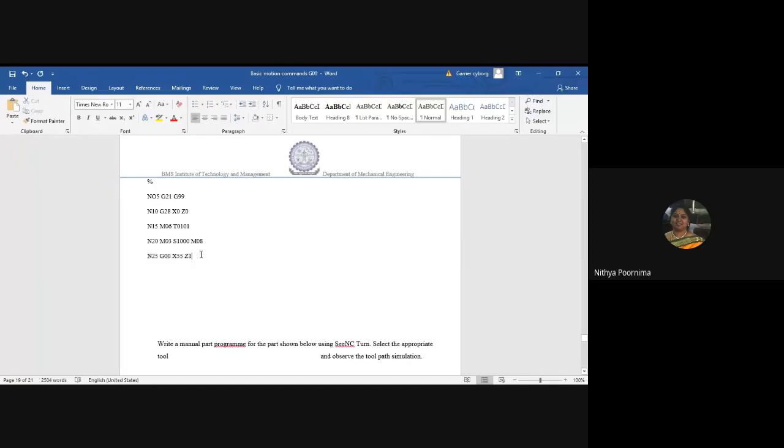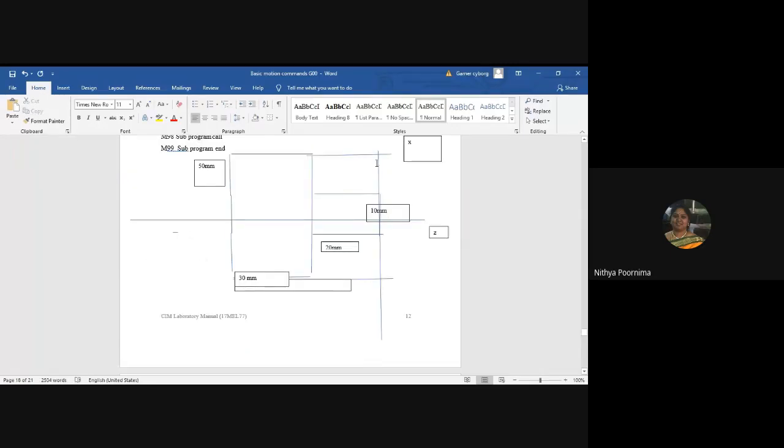Boys, did you understand this command? I'm calling the tool so that it is away from my block, so that it does not disturb my raw material here. Is it clear? So X50 means I'm calling it X55. Z plus 1, I'm calling my tool here.